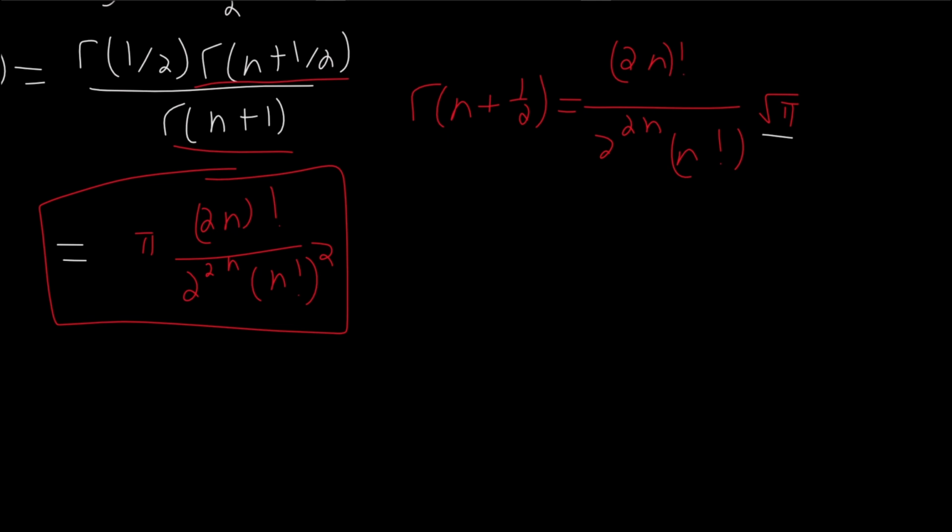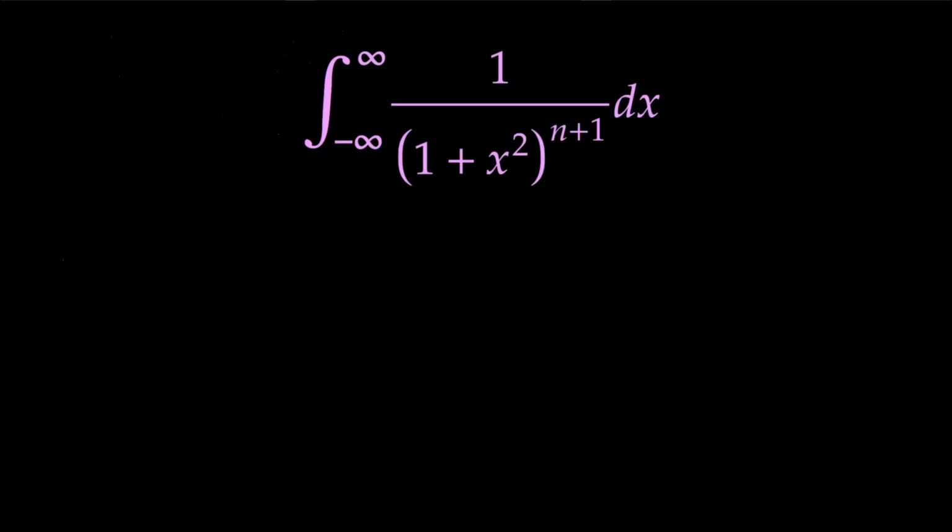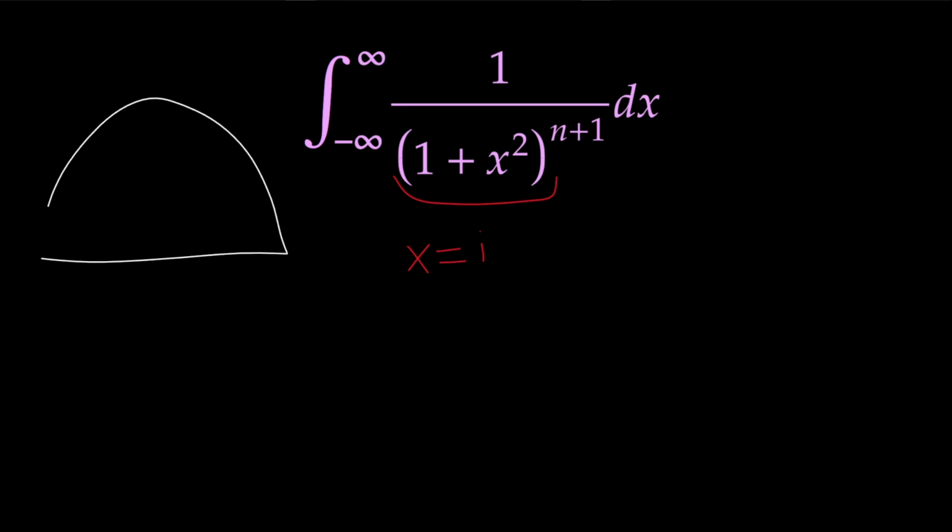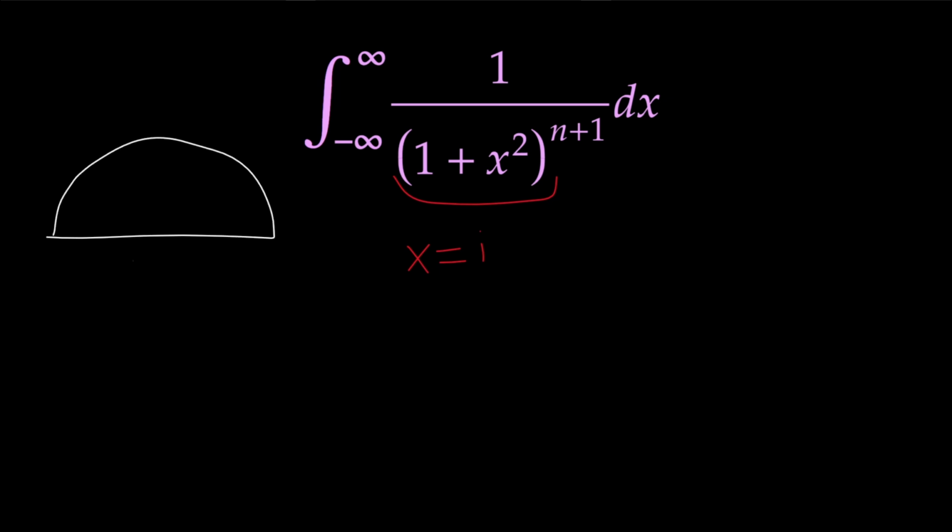So now let's go and do it with some complex techniques. And now we're back. Let's do this with some complex techniques. What we're going to do is just note that this right here actually just has a simple pole, namely at x equals I. Really, it's plus or minus I, but what we're going to do is really just the usual semicircular contour integration, where, again, our pole is just a simple pole at